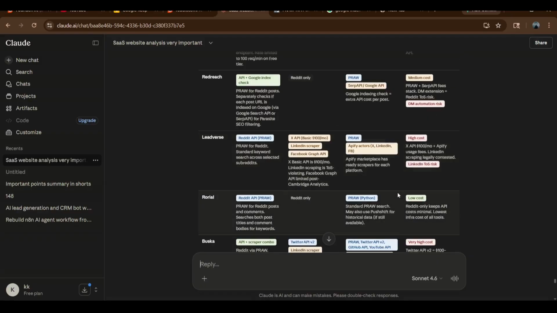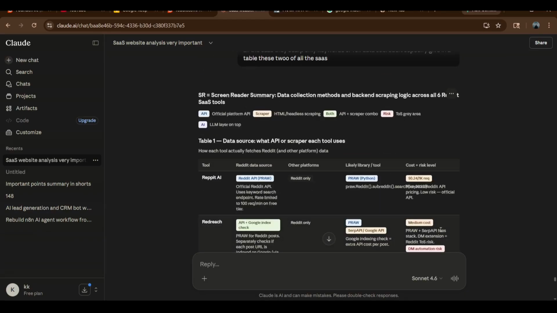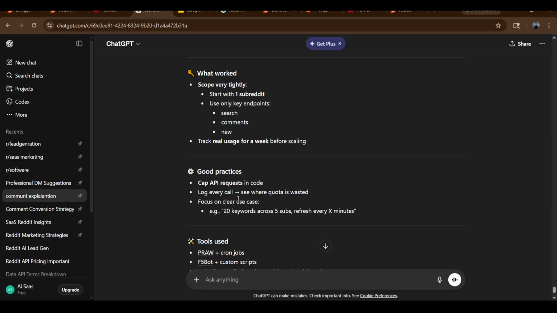We have 10 to 20 who have already built Reddit lead generation, and who are the top SaaS of Reddit lead generation. I have the data, and I'm seeing how they use it and how they structure everything. So let's analyze a little bit of them and implement in our SaaS.